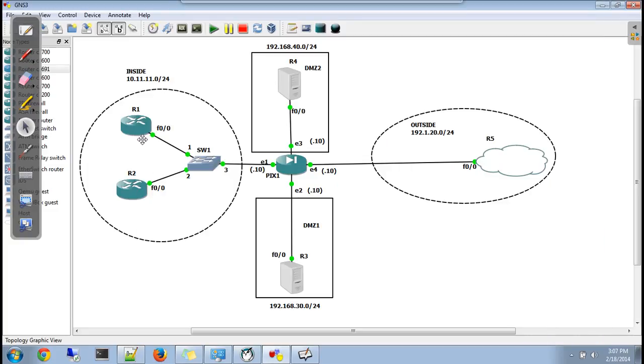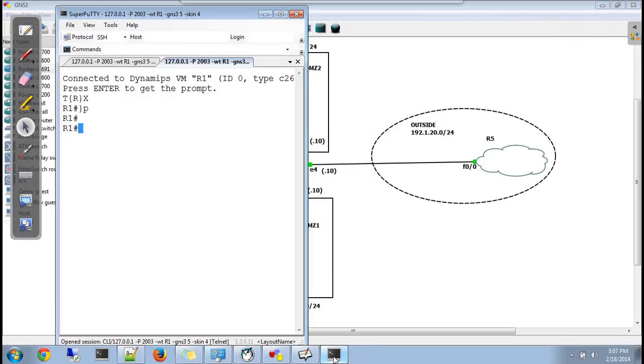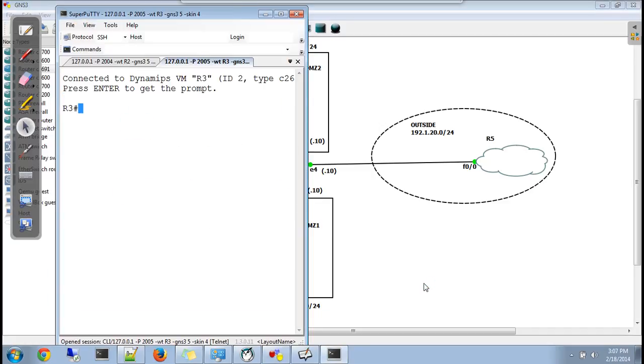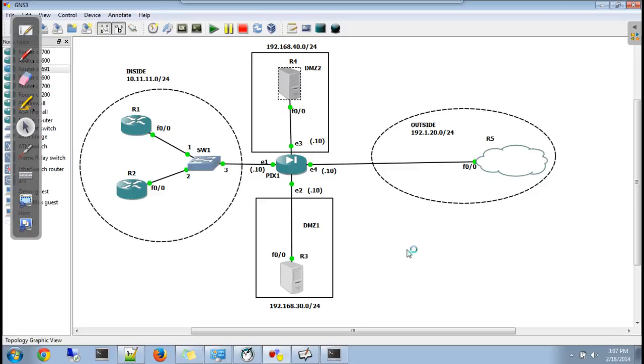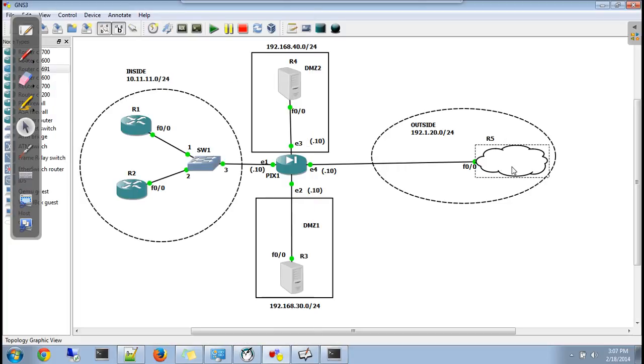So let's first just copy paste this. R1, R2, R3, R4, and R5.